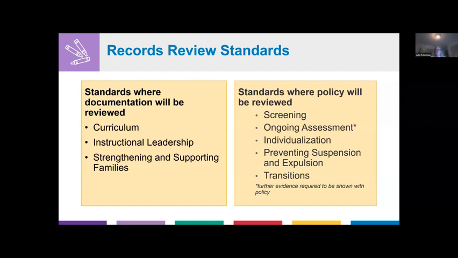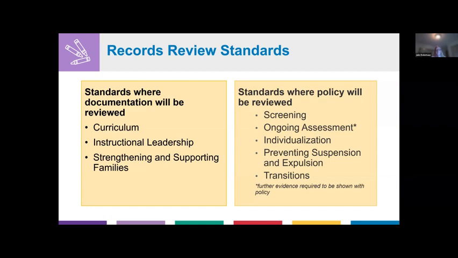Sorry about that. Does everything for the RRT need to be submitted all at once, or can a provider submit as they get things finished or updated? They can work on it over time, but once they click submit, they cannot add anything after that. I'm going to show you what everything looks like to a provider in CC in just a minute. They can go in and work on it over the course of a couple weeks or a couple months and add that documentation. But once they click submit, they can no longer add documentation.